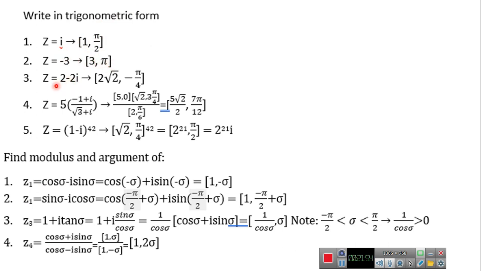Because here I need to have cosine, here I need to have sine. Sine here must be negative, so I do minus pi over 2 plus theta. You can memorize these so as not to make a mistake. Okay,